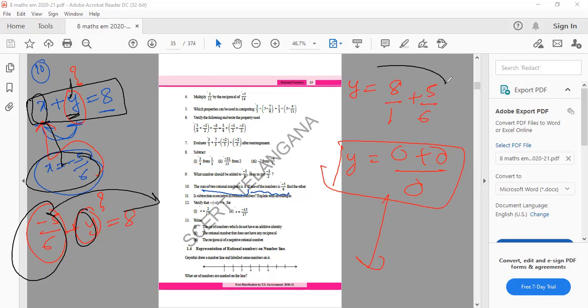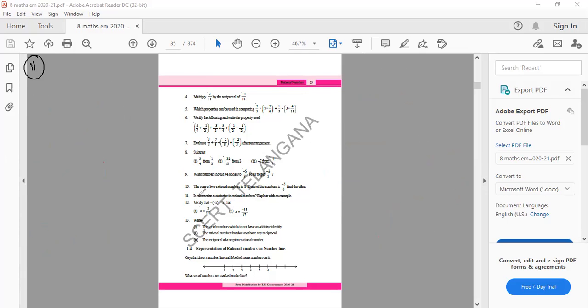According to the procedure you followed, you're going to get an answer now. Clear? Okay. Now switch on to the 11th one. What's the 11th one now? Is subtraction associative in rational numbers? Check with an example. Is subtraction associative with rational numbers or not?